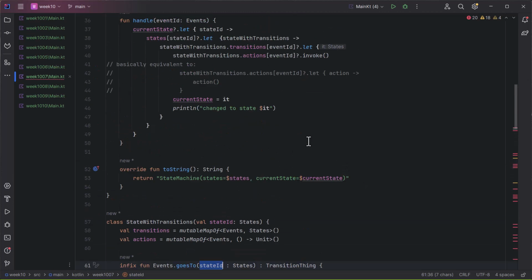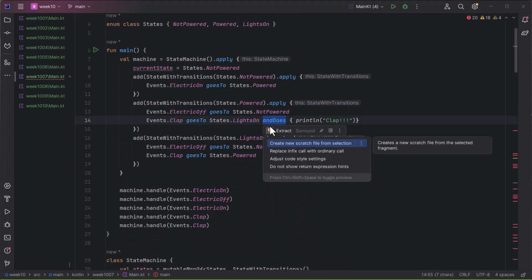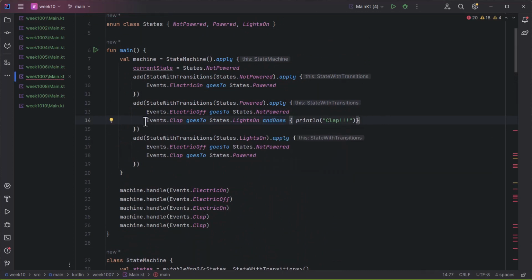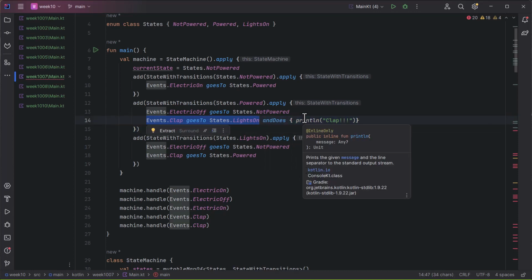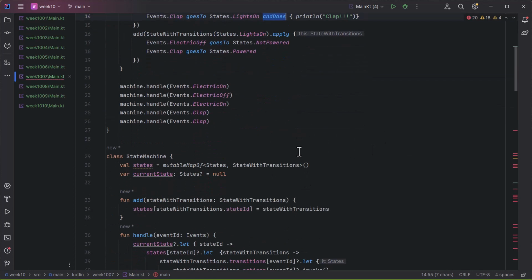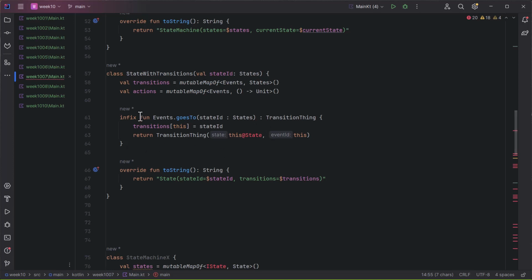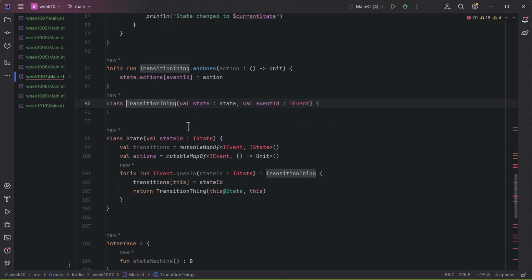Now what we're going to do, though, is because in some cases we want to add in another function to perform, like this and does, what we need to do is have this function call return some kind of an object that defines that and does. So what I'm going to do with this is in our goes to, we're going to return a little object we're going to call transition thing. This is just a little temporary guy. And all he has in him